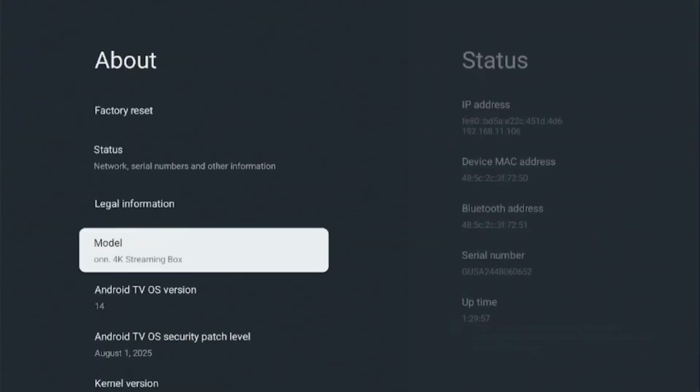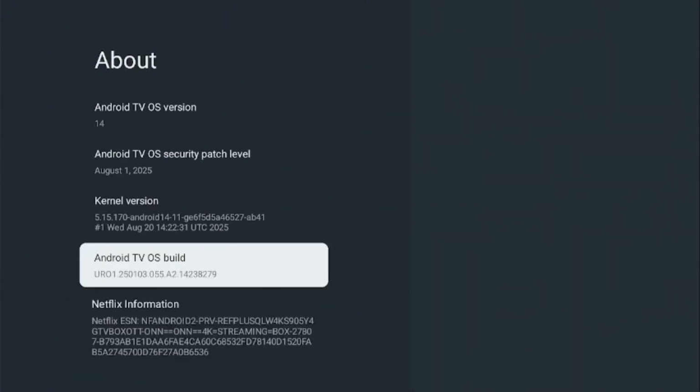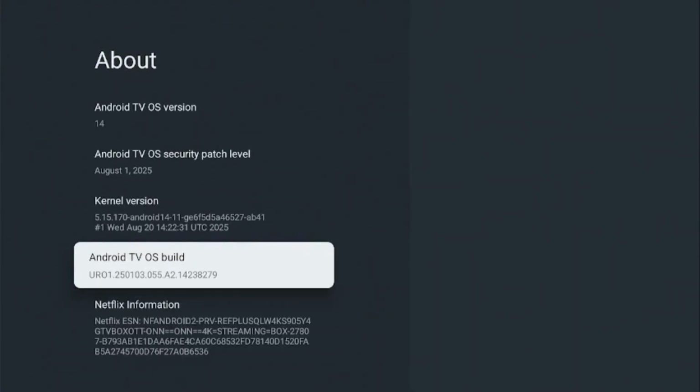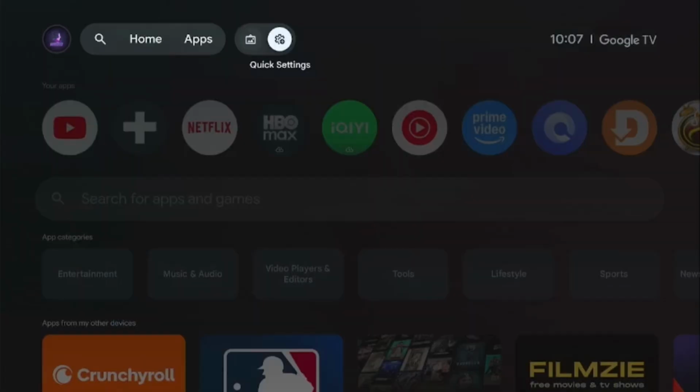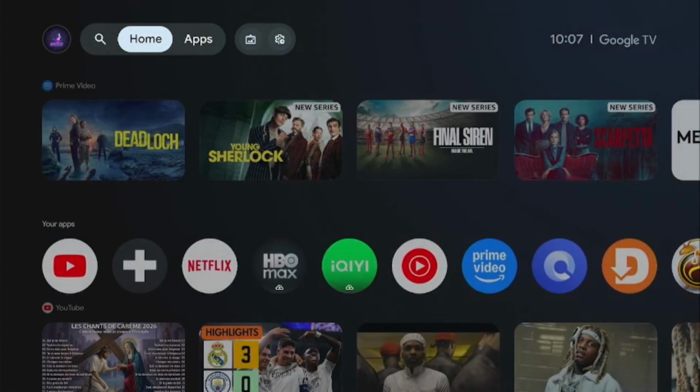So I'll just need you to head over to the build number under about. So Android OS build, click on this 7 times and you become a developer. You see mine is saying you're already a developer, but yours will say you are now a developer after clicking it 7 times. Okay, if that's done already, let's head straight into installing and downloading